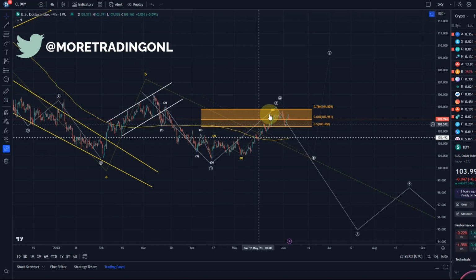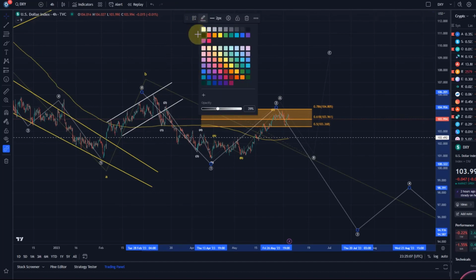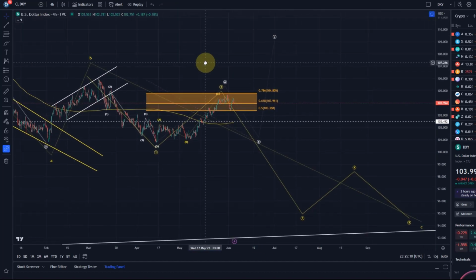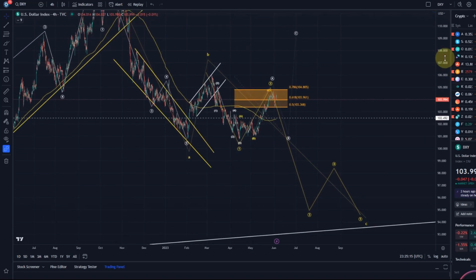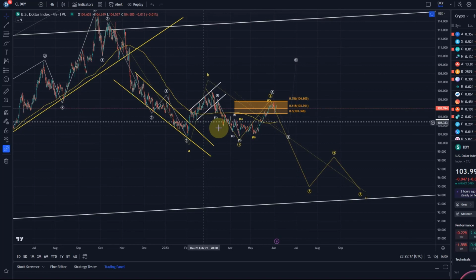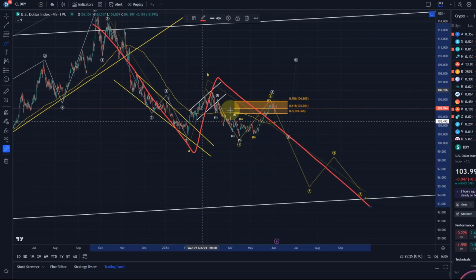So this is now an interesting one because we are right in the resistance area. Not much happened since my last update and we want to talk about the scenarios again. So the bigger picture still assumes that we will go down lower and do this A wave, B wave, C wave, so that we will come down eventually into the low $90 range. That remains the expectation, and it would need quite significant upside actually to